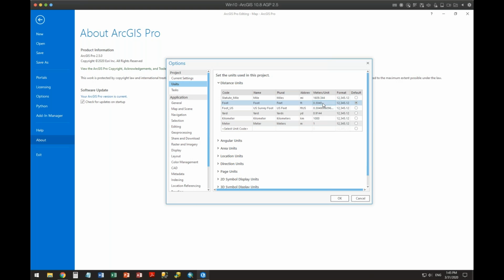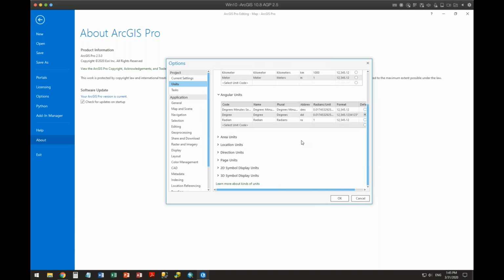So when it stores the distance in here, internally it actually stores it as a meter value. All right, but you have the ability to set the parameters that say, no, I want you to tell me it's not meters. I want you to tell me it's feet. So that's what this is about. You can have it set up and have multiple different types of units in the same data set. But here's the basic units.